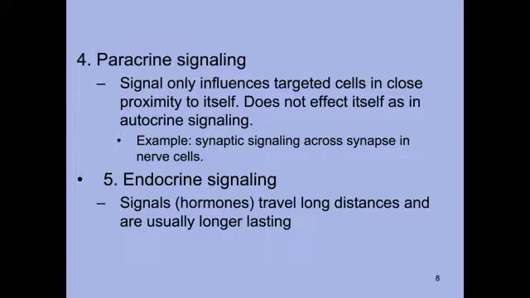Paracrine signaling is a signal that will only influence very specific cells that are targeted in very close proximity. For example, the synapse that occurs from one nerve cell to the next is called synaptic signaling. The cell that excretes the signal, and then the cell right next to it through a space called a synaptic cleft, that little space, the signaling will then be received. So it's a very specific signal. It is targeting a cell that is very nearby, as opposed to just being excreted and